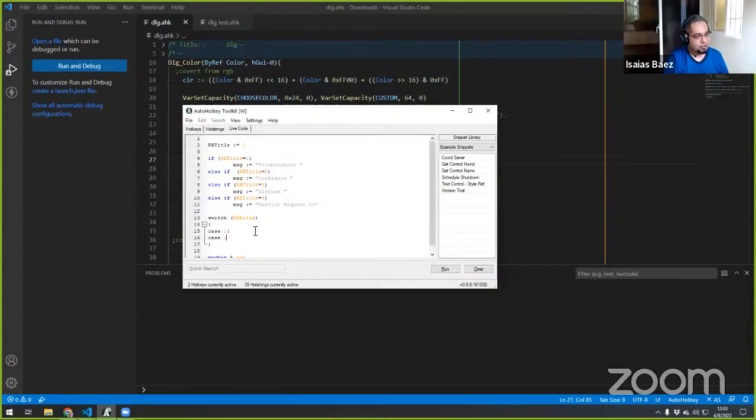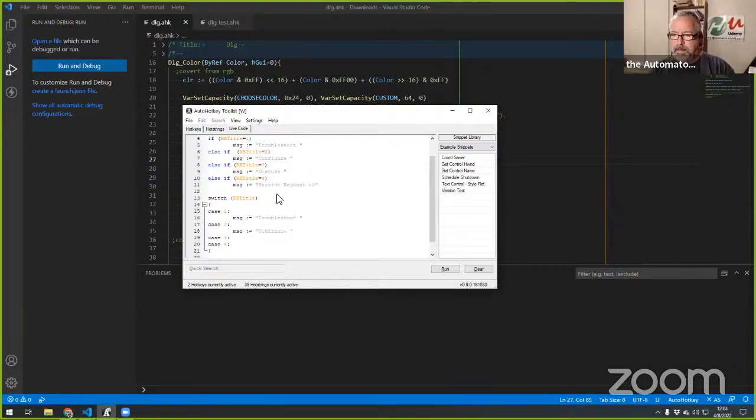So now you just put the cases, and a switch you would only use when there is only one variable. In this case, it would be our title, and that variable can only be one of those things. So you just set message equal to whatever you have here for this one. That would do the same. You will have the same effect with the switch statement.